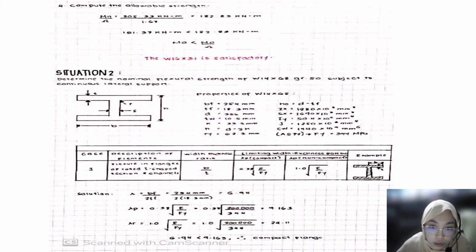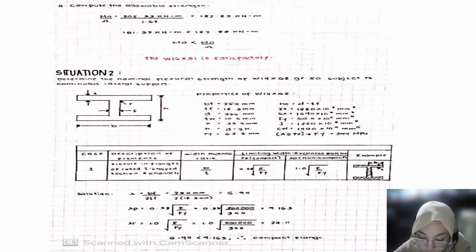So, meron tayong given dito or yung properties of W14 by 68: bf 254 mm, tf 18.3 mm, d is 356 mm, tw 10.5 mm, and yung r is 33 mm, and h, ry is 62.3 mm, and ho is d minus tf, Zx 1880 by 10 raised to 3 mm cubed,